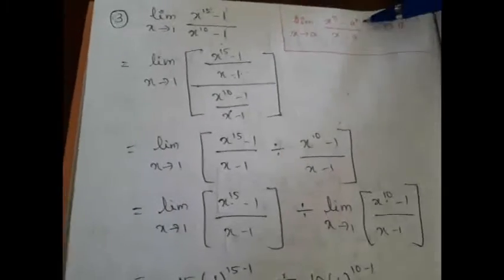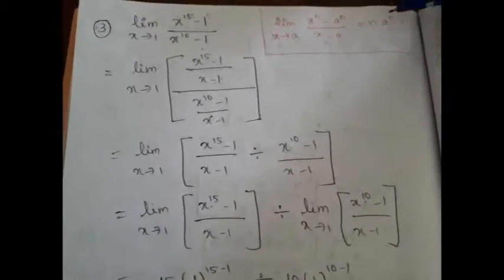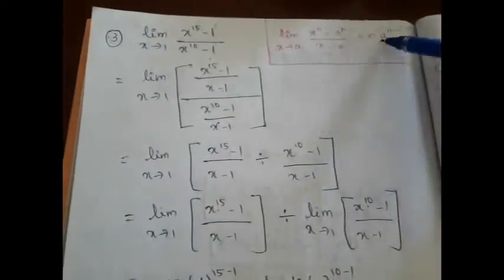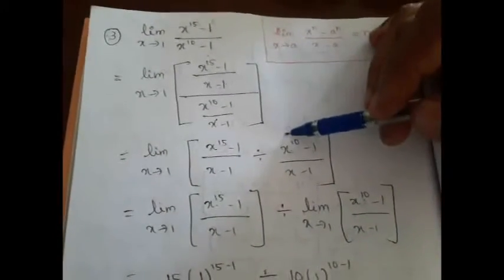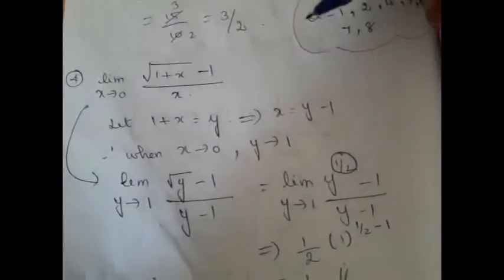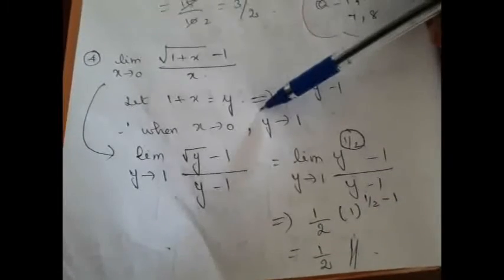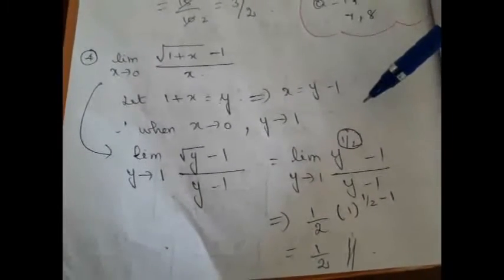And also we have seen problems based on the theorem limit x tends to a, x power n minus a power n divided by x minus a, which is equal to n into a power n minus 1. We tried to bring it in this form and then applied the theorem, right? And then we have also seen one more method called the substitution method. We substituted the already existing variable by some other variable so as to bring it to the required form, right? And one more thing I told you: while you are doing substitution, you have to be very careful because the limiting process will also change.